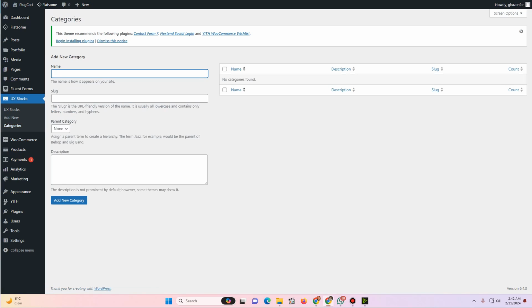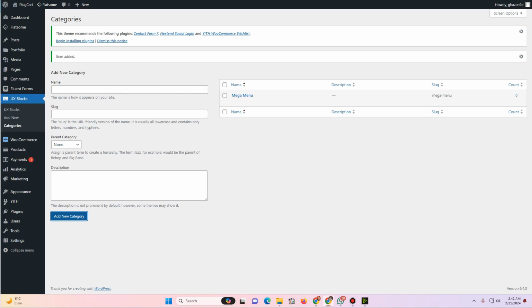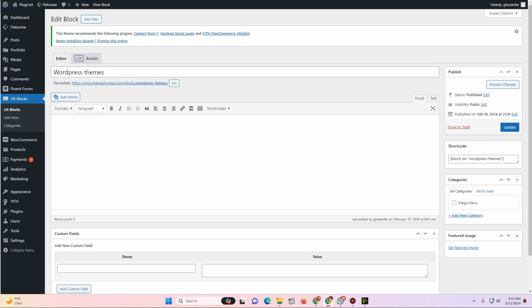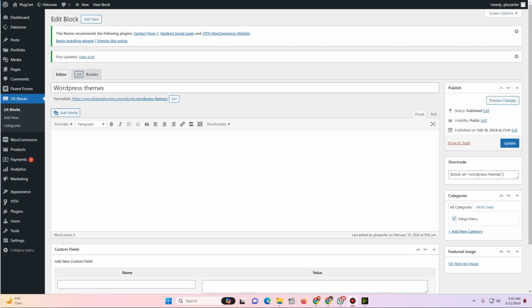If you want, you can categorize this. Just click on this categories, and here I'll name it mega menu, just a category for my reference. This will not appear on the front end of the website. Once again, I'll click on this UX blocks, and then click on this edit button right here, and here you can see our category is showing. I'll choose this mega menu from here, and then click on this update button. Now we can actually start